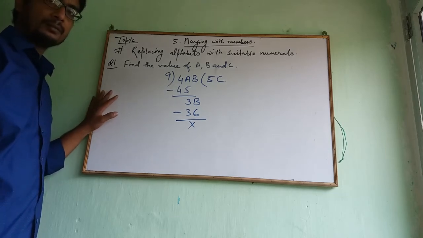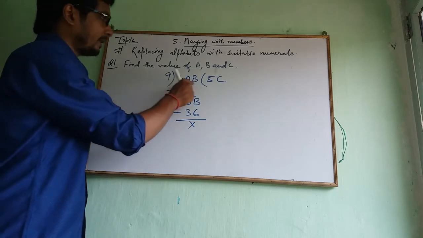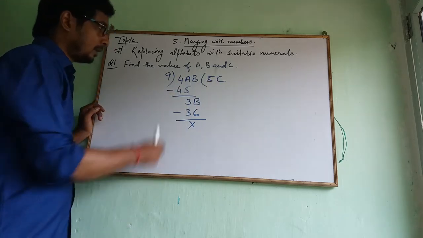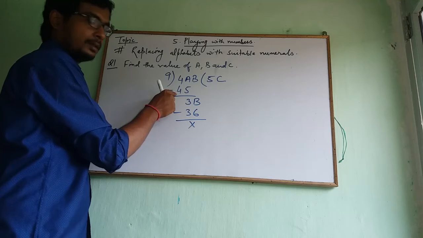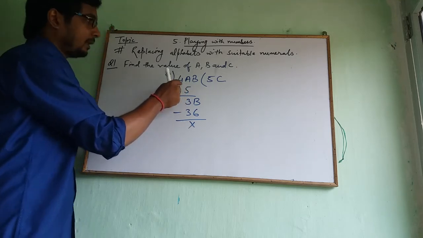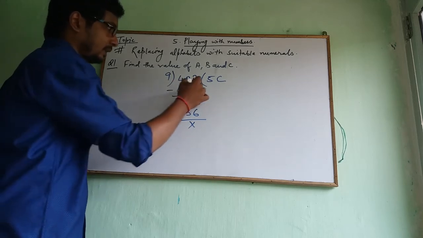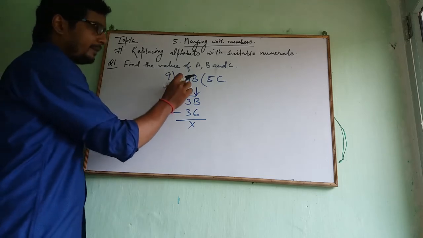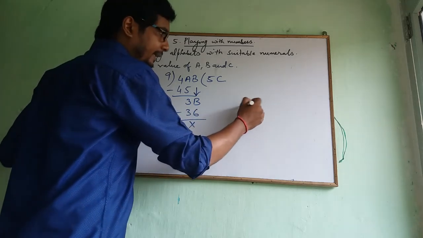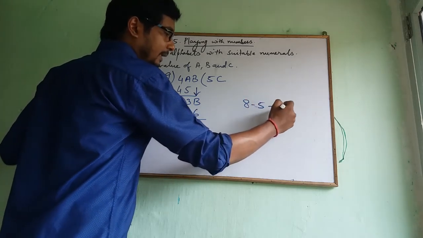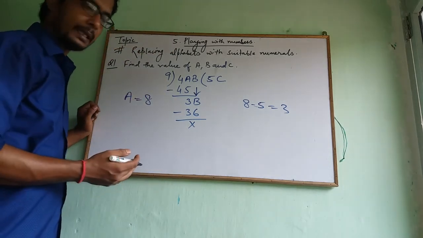Now let's see this question, students. Here you can see a division of numbers is given. When 4ab is divided by 9, my answer is 5c. So in the next step, you can see when 9 is multiplied with 5, it becomes 45. And when 45 is subtracted with 4a, my answer is 3 here, and b will be stepped down in the next step. So what will be the value of a, so that when it is subtracted from 5, it becomes 3? If 8 is subtracted from 5, the answer is 3. That means that the value of a is 8. I got the value of a as 8.